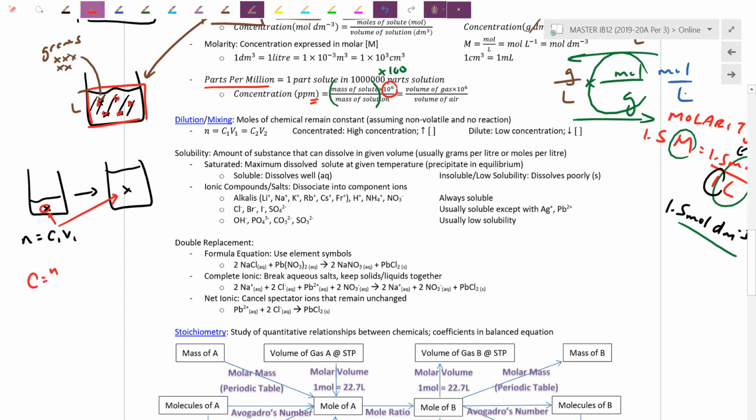If you look at your formula, C is N over V. I just rearrange that there. So the N, C1 times V1, counts it before. It also has to equal C2 times V2. It counts it afterwards. So we're relying on the fact here that the moles remain constant to actually do our